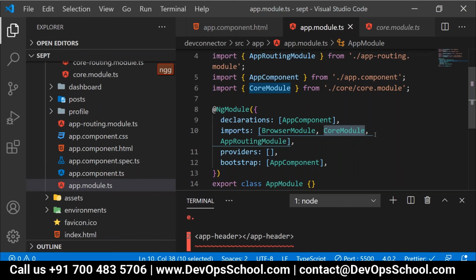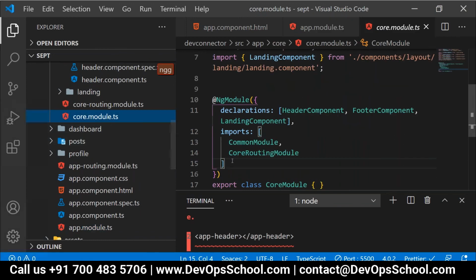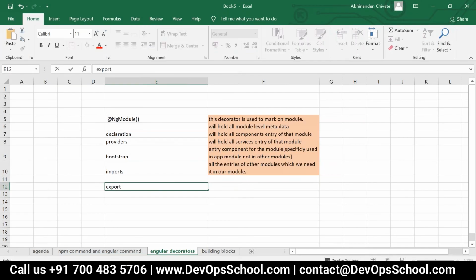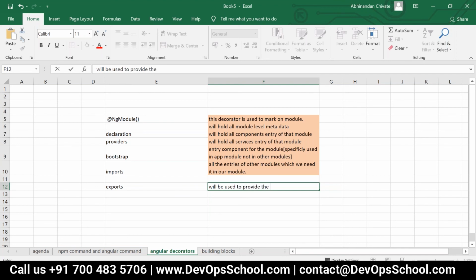From that perspective, what we need to do inside the core module is use exports, which will be used to provide component access to the outside world.